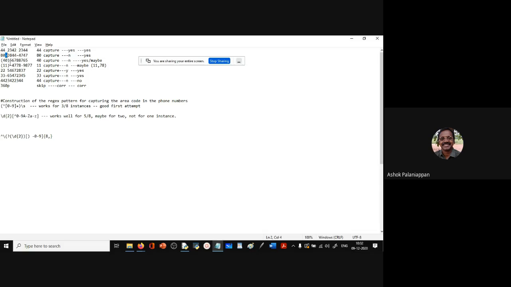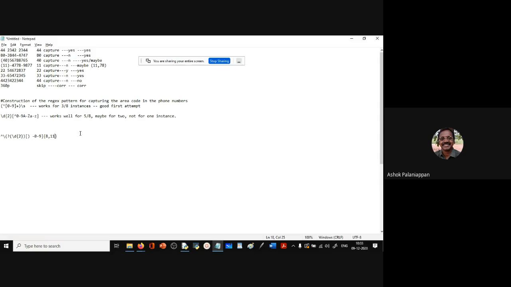So what is the maximum number of digits you can have? You can have one close parenthesis, and then a space or a hyphen, again a space or a hyphen. So 8 plus 3, 11 characters is the most. You can say 11 here, but it doesn't matter because what we are matching is only the area code. We're only using this to discount those that we don't want to match, so that these things are not matched. So this is not a phone number at all, and if we specify this pattern, this won't be matched.